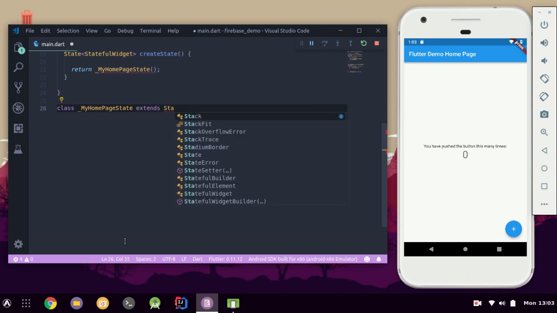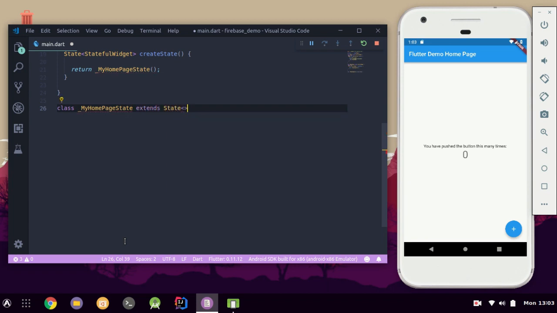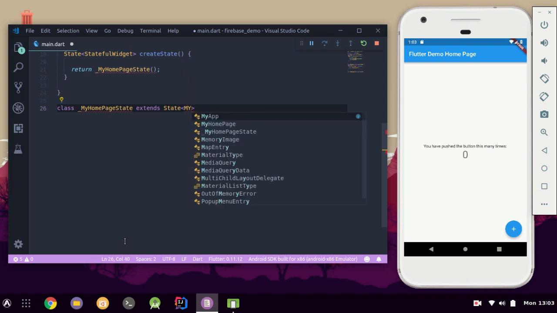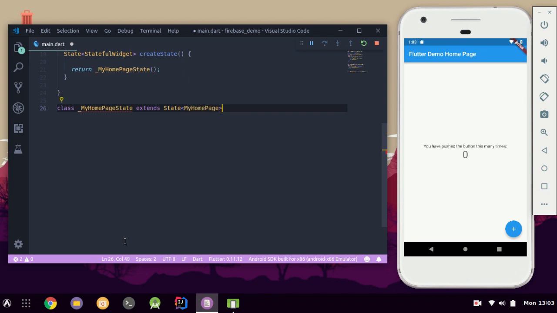This will extend the state for my home page class, and I will have to include this necessary override, which is the build method, and here we can begin to